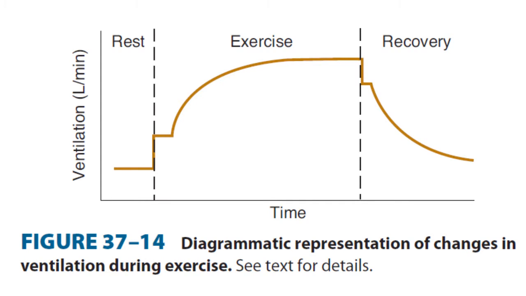So the respiratory effects of exercise: there are changes in the ventilation during exercise, which is shown in the graph here. Ventilation increases abruptly with the onset of exercise, which is followed by a brief pause, and then a further gradual increase as you exercise. And then when you stop exercising, your ventilation decreases by a sudden abrupt drop, and then it continuously goes lower.